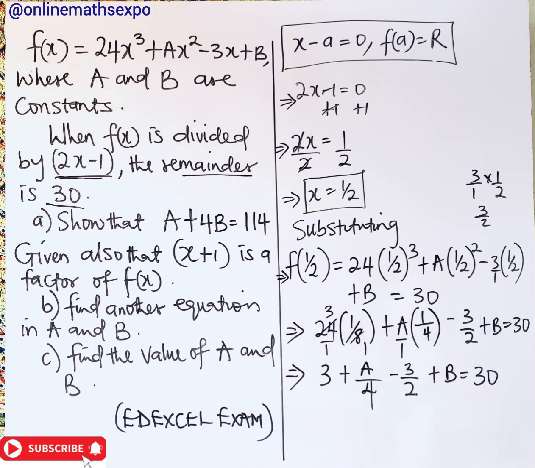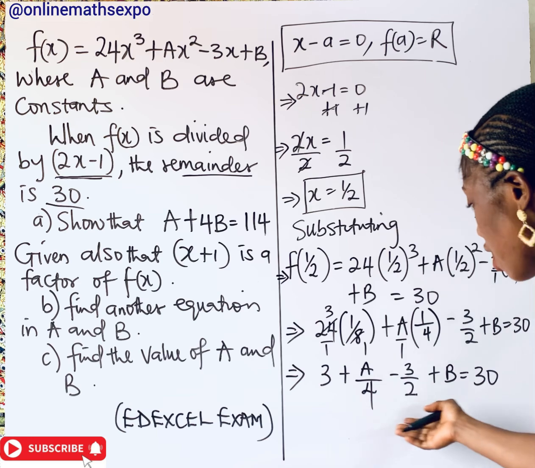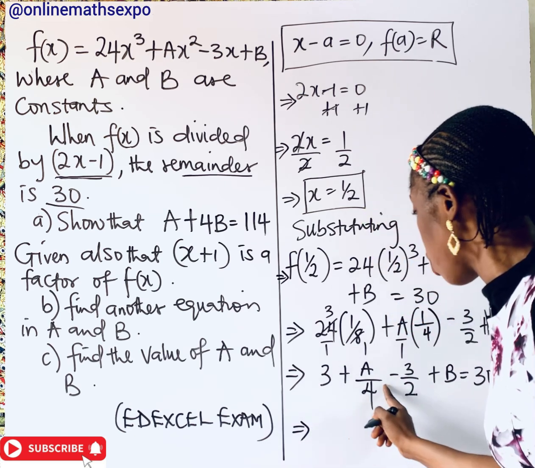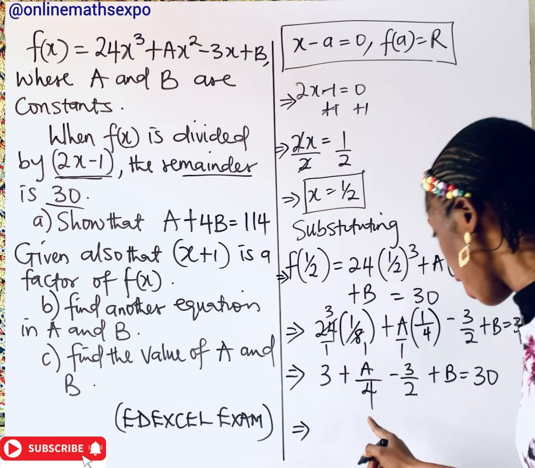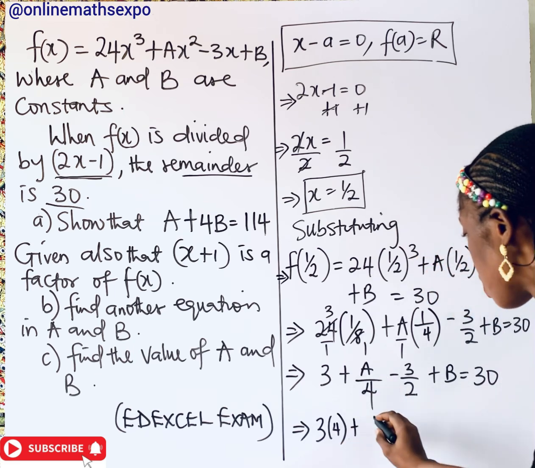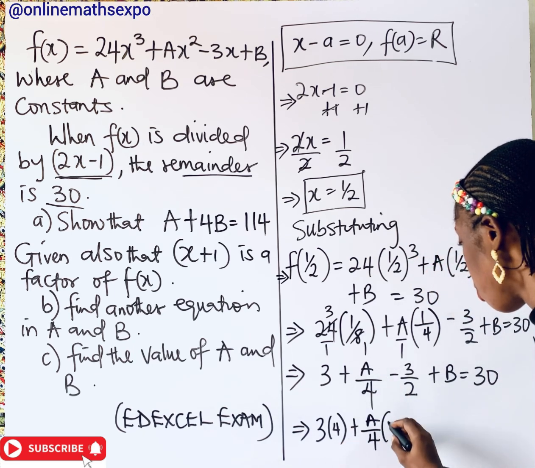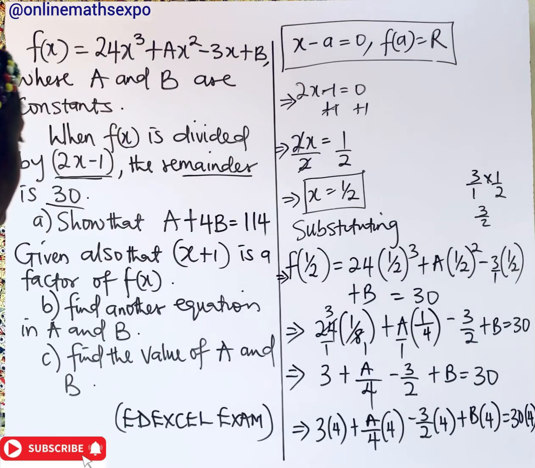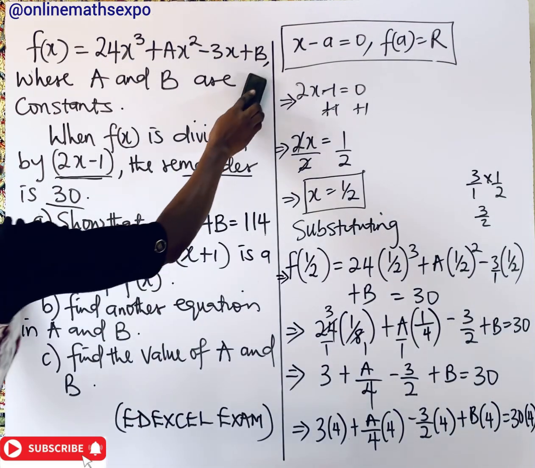So what do you do again? Just clear the fraction. So the LCM of the fraction is 4, sorry. So we're going to multiply each one by 4. Okay, so to clear it, we multiply 3 by 4, plus multiply this by 4, a over 4 multiply by 4, multiply this also by 4, multiply b by 4, then we multiply 30 by 4 to enable us clear the fraction. So we're going to work it out here. So in that case, we're going to have